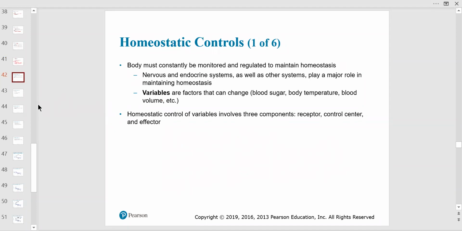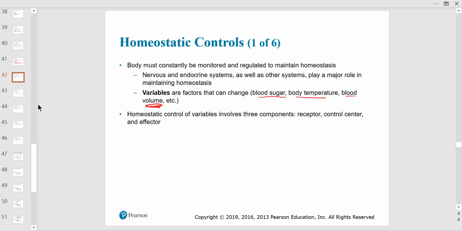So you have variables, of course. That's why I said these can change a lot, like your body temperature and your blood volume too. Blood volume is how much liquid is in your blood, really, and the kidney has some control over that. If we're going to reabsorb water or let it out, it depends on our blood pressure. So basically, blood volume has to do with blood pressure, and may have something to do with dehydration as well.